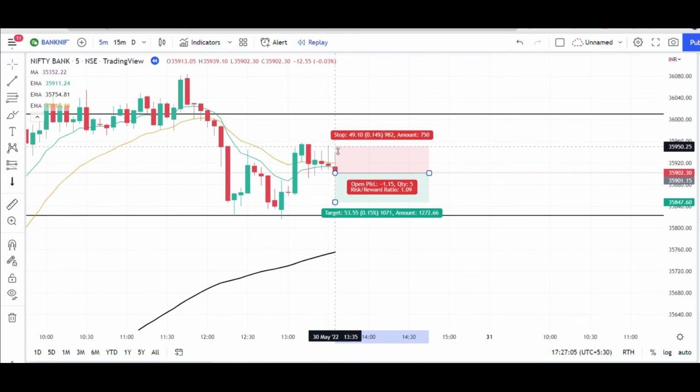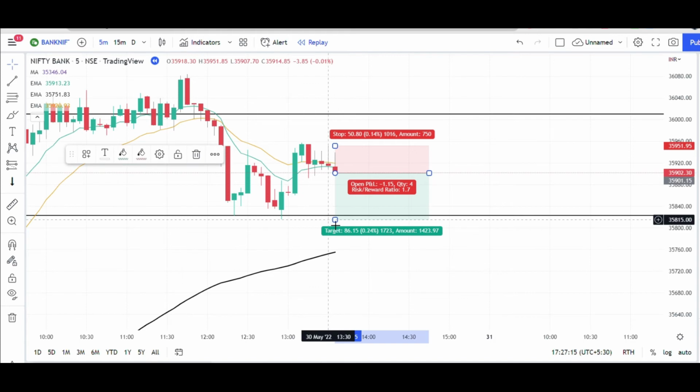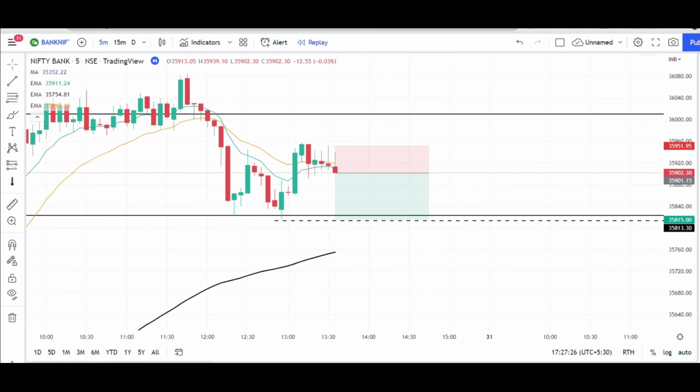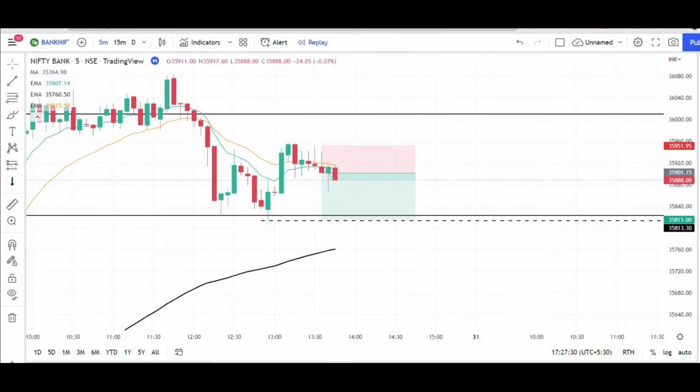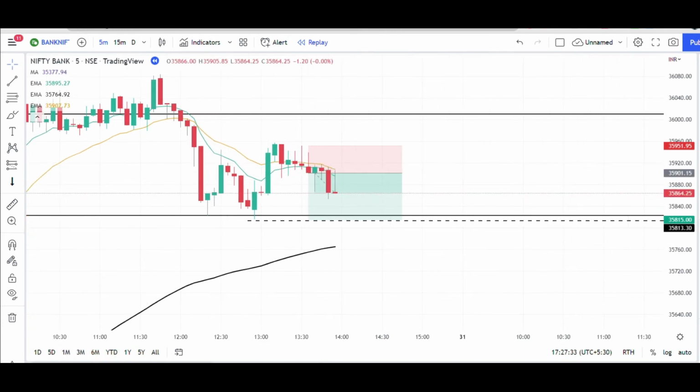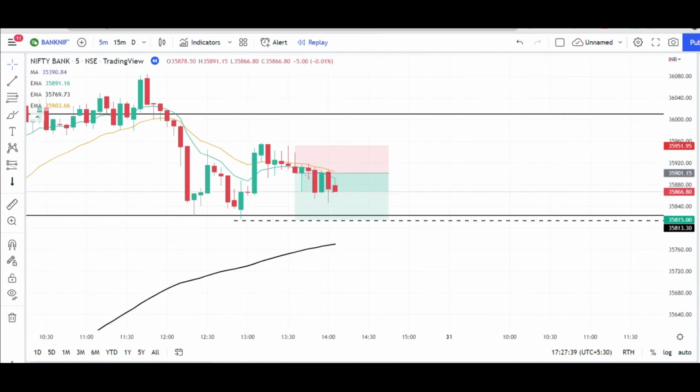I will immediately order the short trade, and the first target of 1:1.7 is coming almost somewhere here, which is the swing low, this one. So it is coming here, almost the same, and the max target will be here. Let's see what happens. It is moving around our entry price, and now it is going into our profit, and this gave